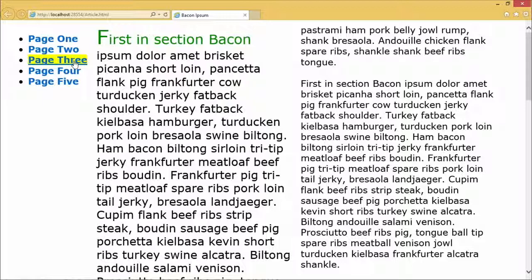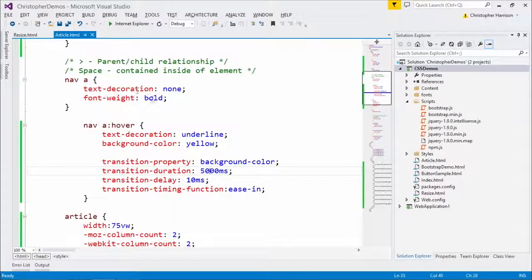Now, here's the problem that I have, is you're going to notice that if I just pull the mouse away, it goes right back to a white background again. And if you're anything like me, and I know I am, that sort of leaves a little bit of a hollow feeling there because we had this really nice animation coming in. It'd be nice if we had that animation going back out again. This is the only slightly bad part, I guess, is you are going to notice I'm just going to need to take this,